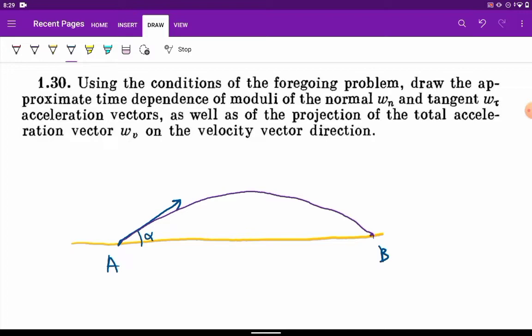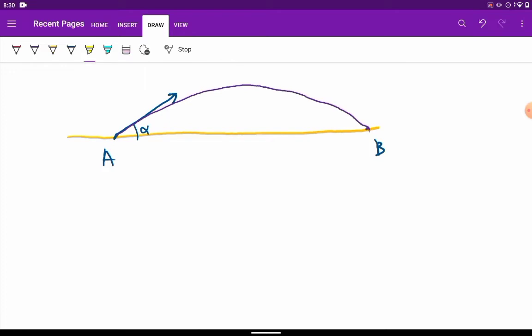Now what they're saying is, draw the approximate time dependence of the moduli of normal Wn and tangent W tau acceleration vectors, as well as of the projection of the total acceleration vector Wv on the velocity vector direction. Okay, so let's first understand what is meant by this normal and tangent acceleration vectors. So at any given time t, at any point in the trajectory of the particle at some time t,